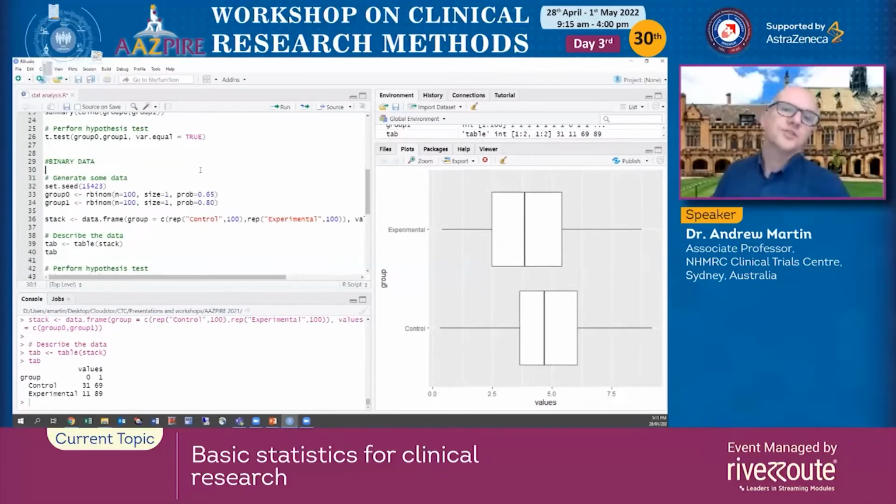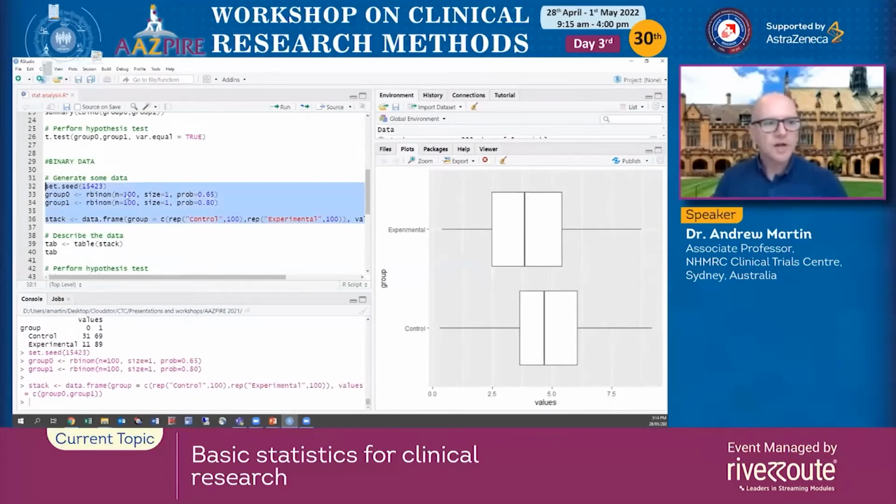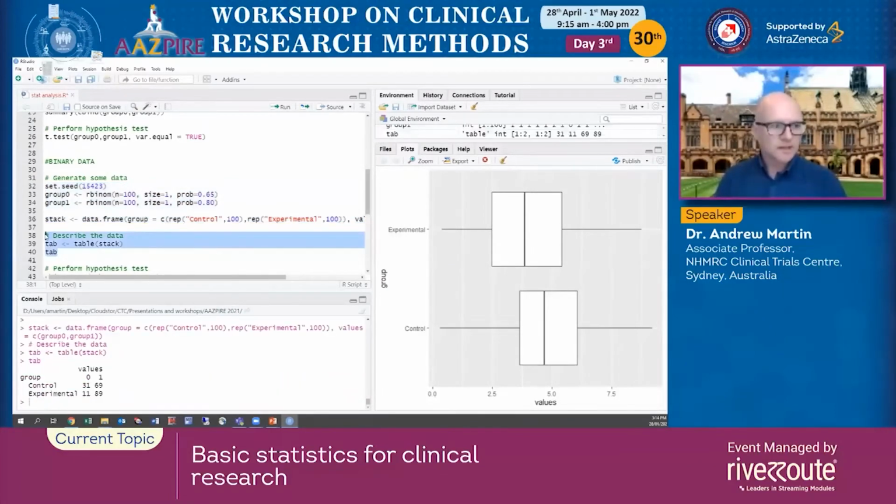Okay, let's move on to the example where we're doing an analysis of a binary endpoint. And let's imagine the binary endpoint relates to treatment success. And I'm just generating some data here where we've got a control group of size 100 and an experimental group of size 100. We can then describe what's being observed, and we're seeing in the control group we've got 69